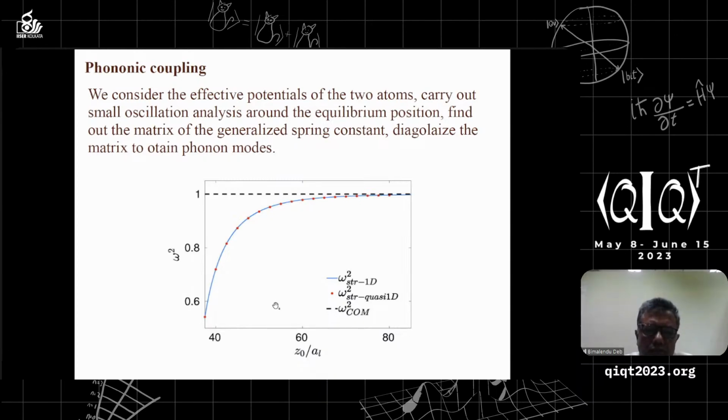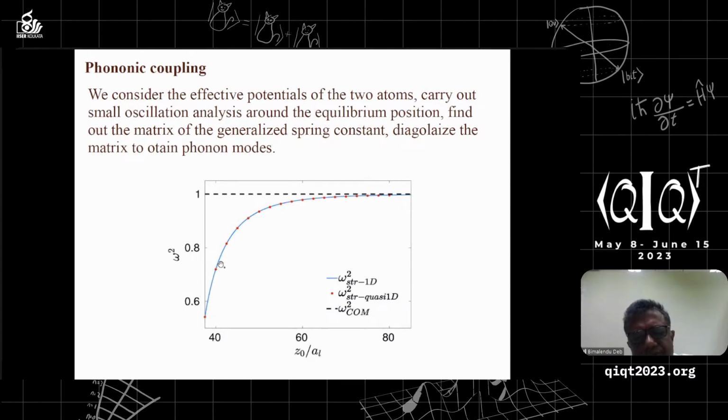And so we have two kinds of phonons. One is a stretch mode and another is the center of mass mode. Stretch mode means this kind of mode, and another is the center of mass. So center of mass motion, because of the symmetry in our geometry in our model, the center of mass mode is almost negligible. This is one, it is unperturbed. And then we have here as a function of distance, the stretch mode.